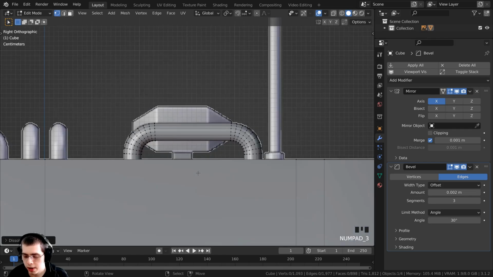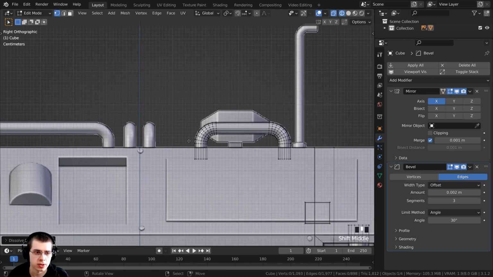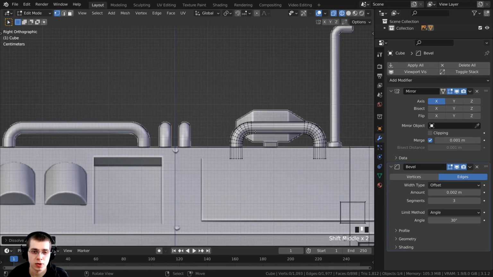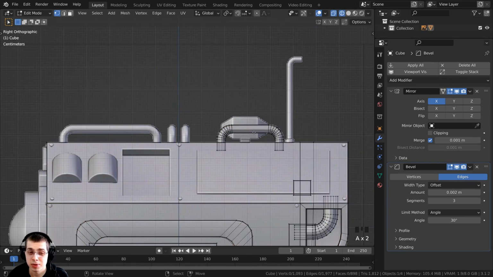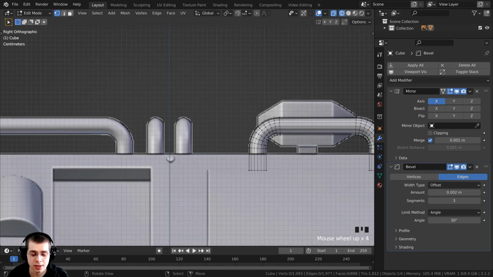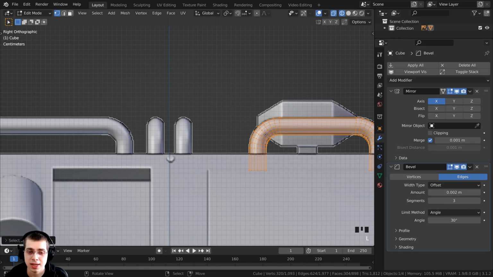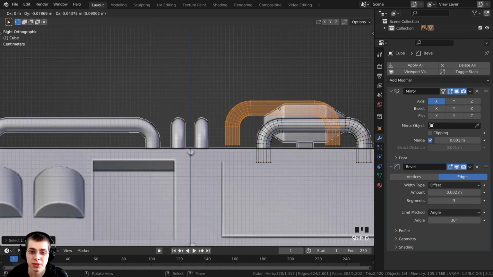So I can press 3 on the numpad for side view, hold down the Z button, go into wireframe, and just make sure that looks good. All right, so I now want to duplicate it and move it over. So let's press the A key a few times just to make sure everything is deselected, and then just hover your mouse over this object, and I can press the L key. So I can now press Shift D to duplicate,